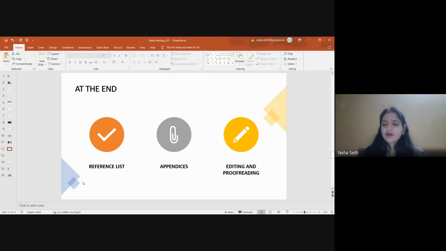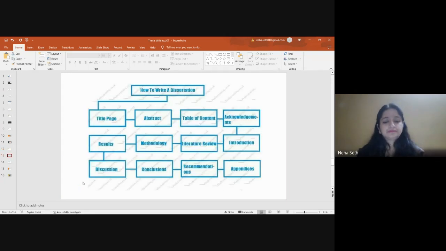So go for proofreading of your thesis multiple times, and edit it as many times as it requires. Try to present a thesis which is free of all kinds of errors. So go through these repeated cycles of editing and proofreading before finally binding that piece of work. So this is a kind of flow chart which shows how we can write our thesis.